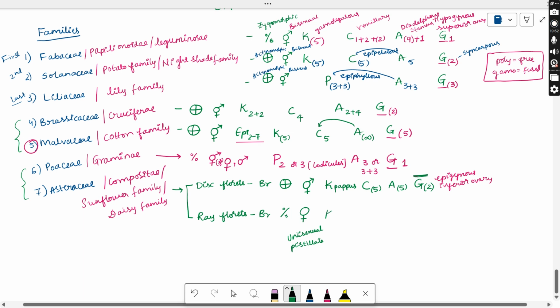Coming to this calyx, same as a disc floret, we call it a pappus. Coming to this corolla, same. Five are there which are fused. As we said initially, it is unisexual which will contain only the female part. So that's why androecium stamens are absent. We write it as A0. And gynoecium is same as a disc floret. Epigynous inferior type of ovary is present. Here there are two carpels. So here these are the families with their floral formula.